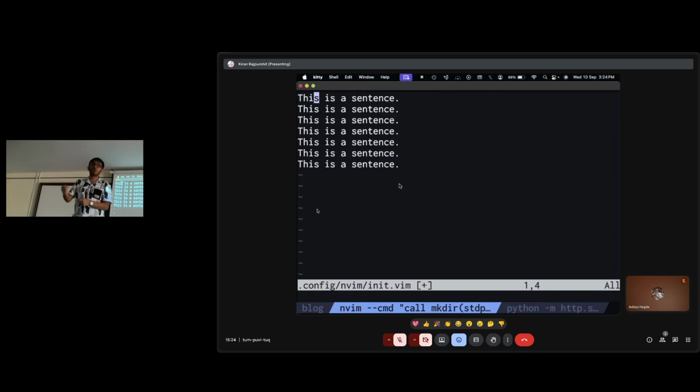So you can see how powerful this modal paradigm is, where the keyboard does different things based on what mode you're in. If you're in insert mode, obviously it does the obvious thing. But if you're in normal mode, it does one thing. If you're in visual block mode, visual select mode, it does another thing. Is this idea clear? Are there any doubts? Please feel free to ask.